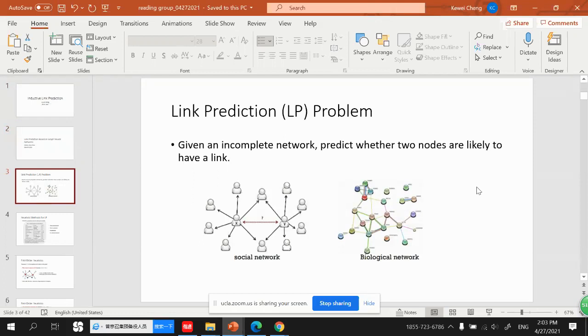So the task of this paper is link prediction. The link prediction problem in networks usually describes the task that, given an incomplete network, we would like to predict whether two nodes are likely to have a link or not. And there are many applications. For example, it can be applied to social networks to predict the friendship relation between two users. It can also be applied to biological networks to predict the interaction among